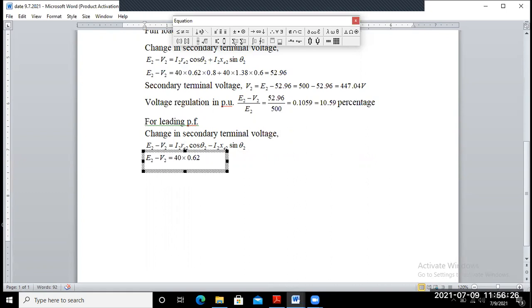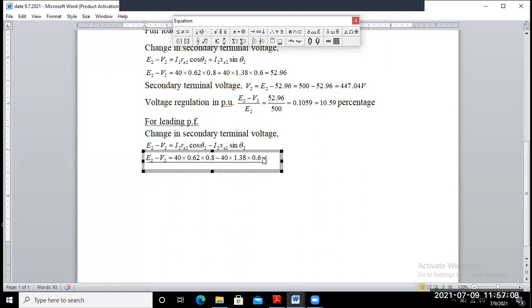Cos theta 2 is again the same, that means 0.8. Minus I2, that means 40 amperes, into Xe2. Xe2 is equal to how much? 1.38. 1.38 into sin theta 2, equal to 0.6. Now if you solve this equation, you will get the value of E2 minus V2 equal to